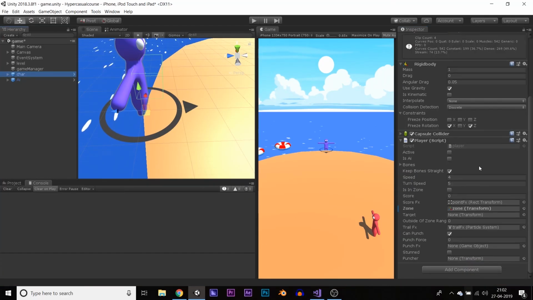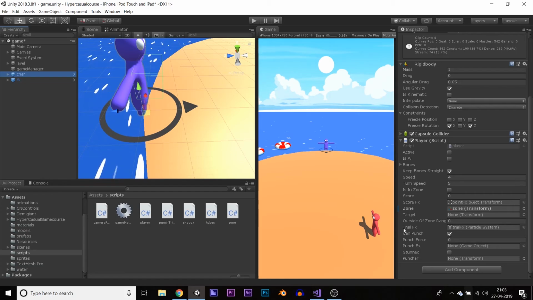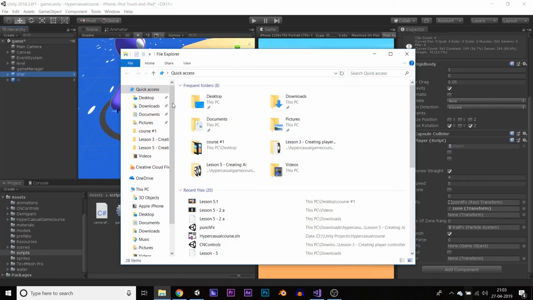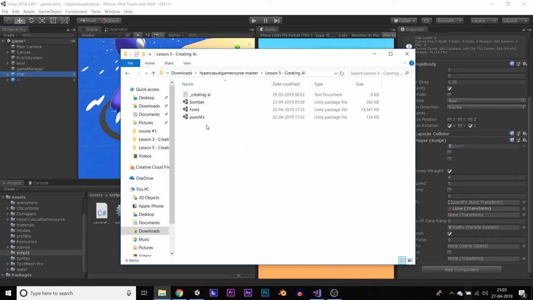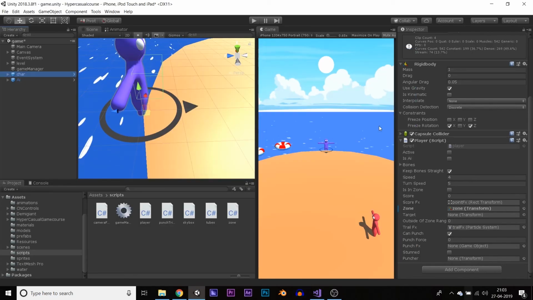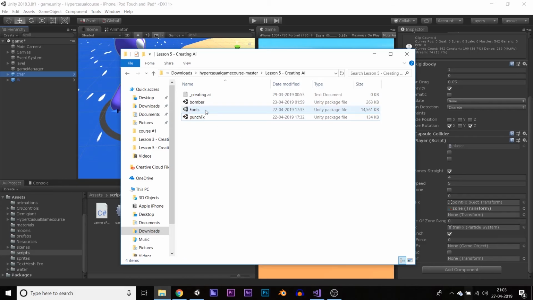Let's go to our character. So first we need to make sure that we have imported the punch effect. So for that, go over to our hyper casual game course asset folder that we downloaded in lesson 1. Open it up and go to lesson 5, creating AI, and import the punch effect. After that, also import the fonts package,